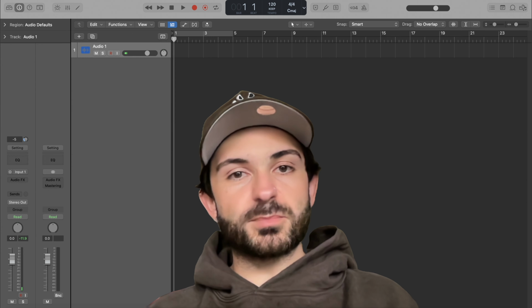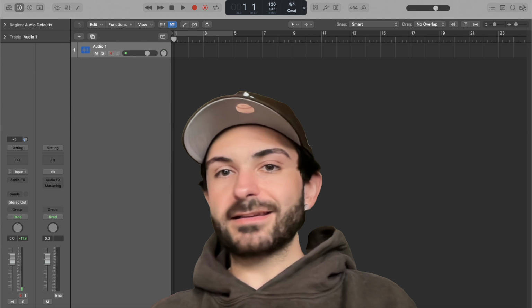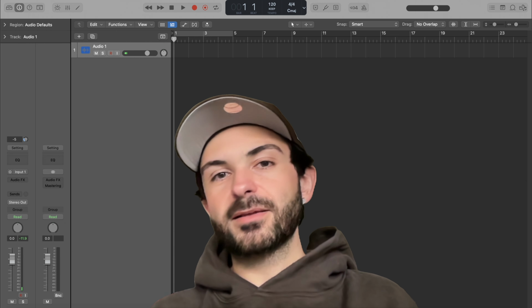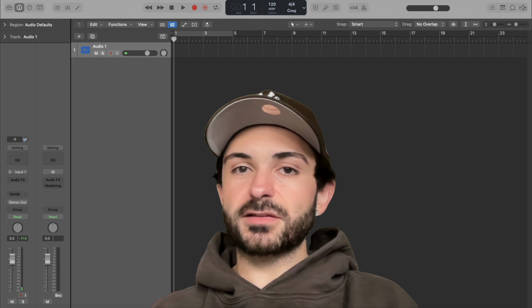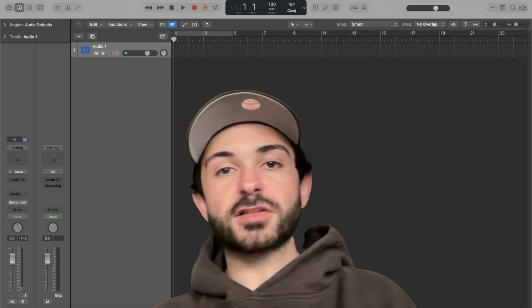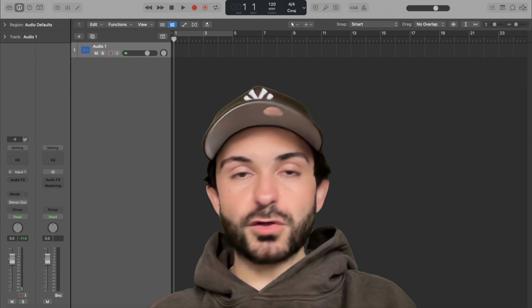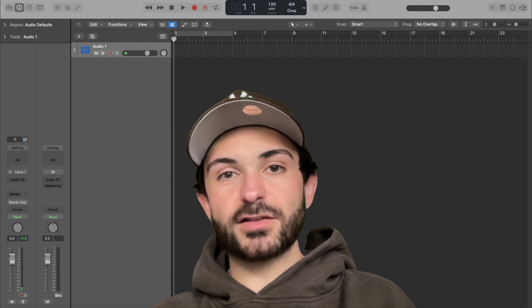If your EQ looks beautiful, but the song sounds bad, guess what? It doesn't matter. And the vice versa is true. If your EQ looks crazy, but the song sounds good, guess what? It's good. Because the listener, they're just going to be hearing the song. They don't see your EQ. They're not even going to see your session. And that's why it's so important to not get tricked by your eyes when you're mixing.